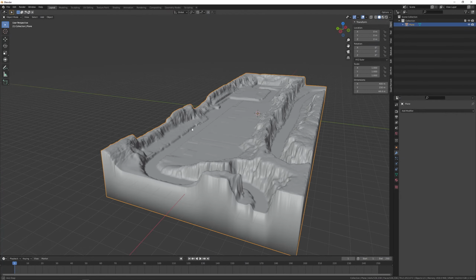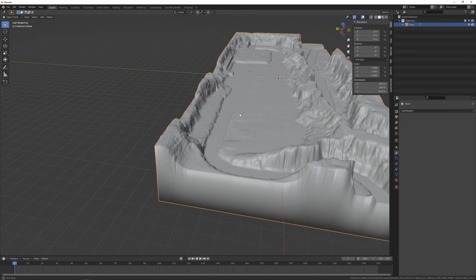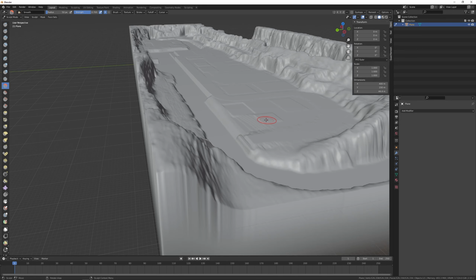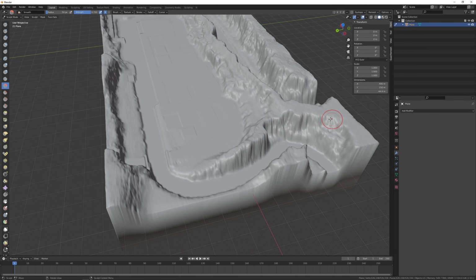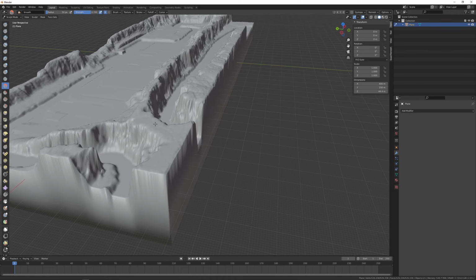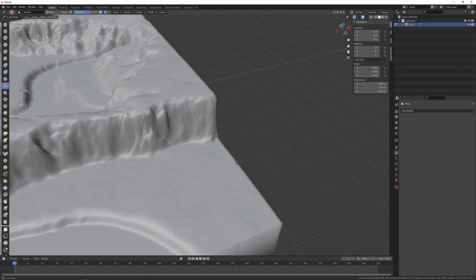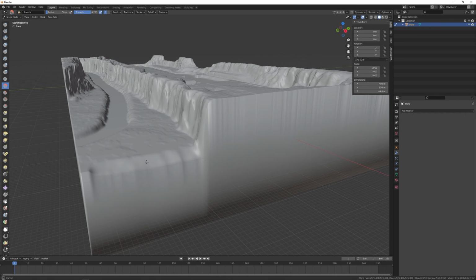So I go back to object mode, and from here I can go to, for example, sculpt mode, and I can, if there are more problematic areas, but it looks good, smooth it out a bit.